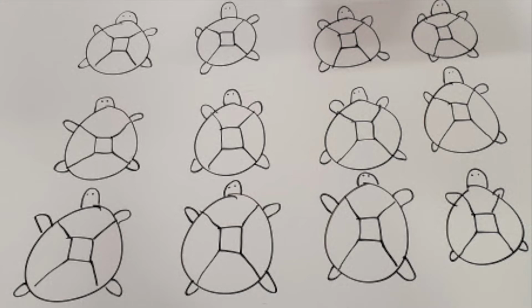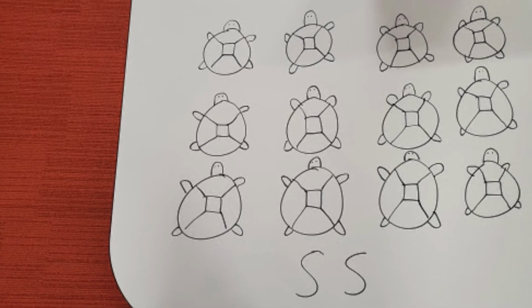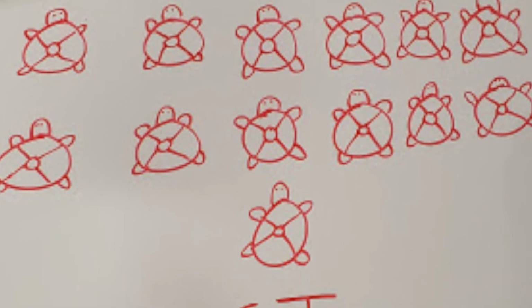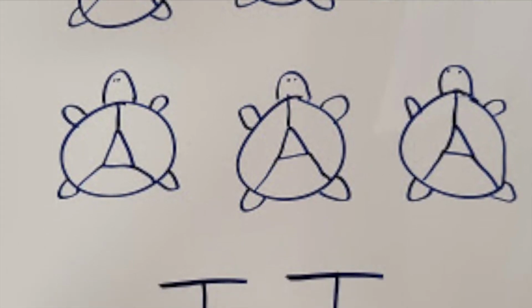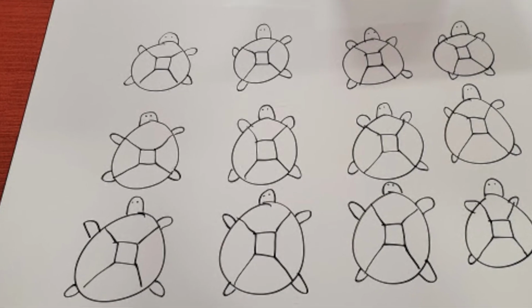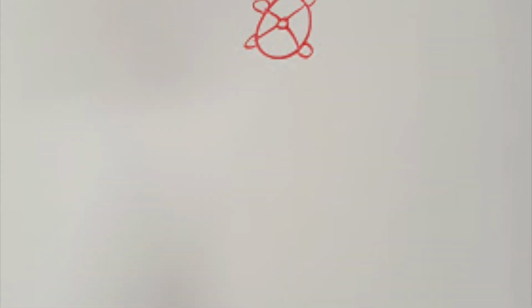Let's meet our sandbox turtles. So, the black sandbox turtles with a square on their backs have the genotype SS. We also have a red sandbox turtle with a circle on its back. Lastly, we have a blue sandbox turtle with a triangle on its back. We have 40 turtles total, 12 with the genotype SS, 19 with the genotype ST, and 9 with the genotype